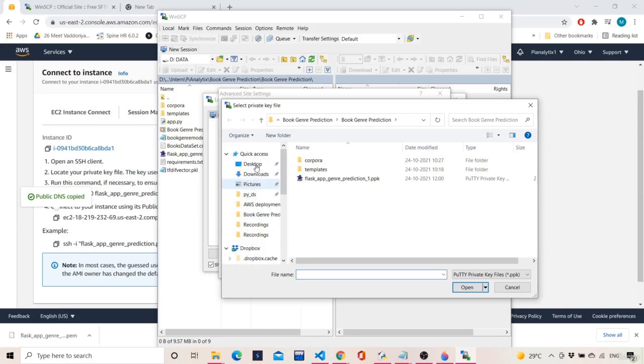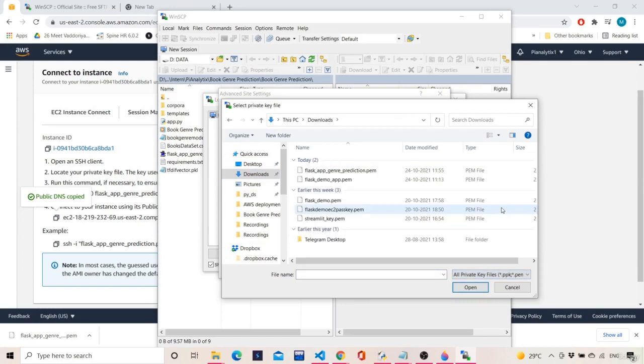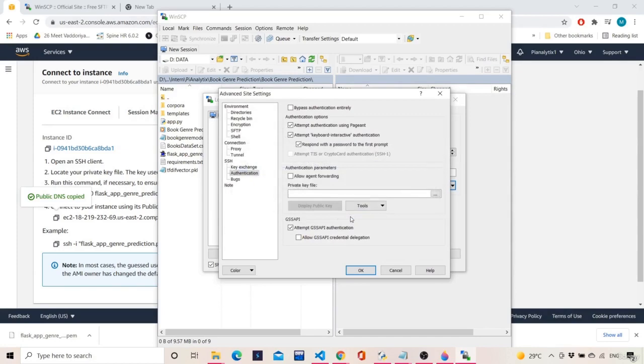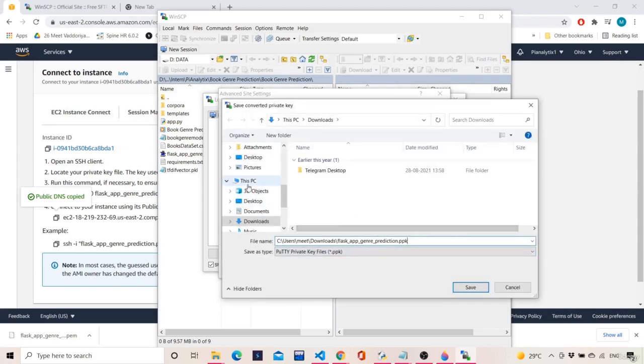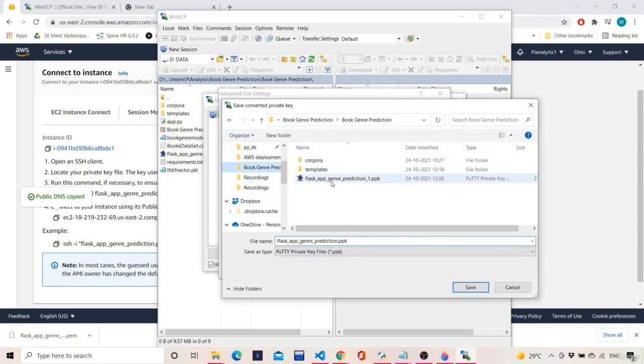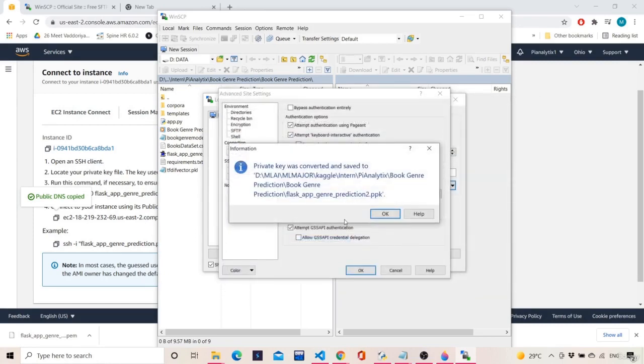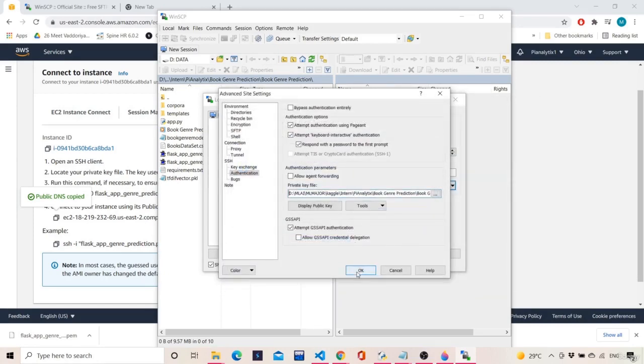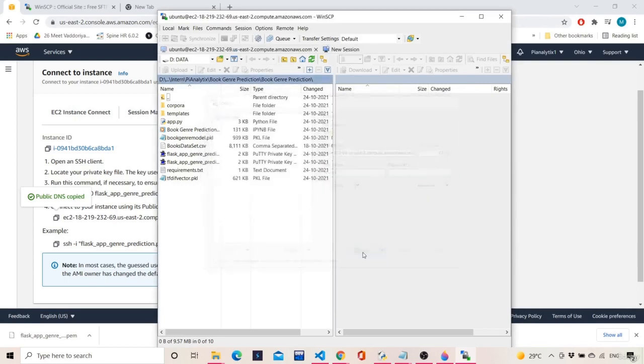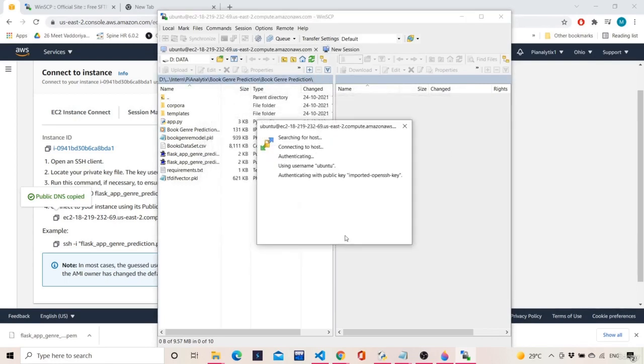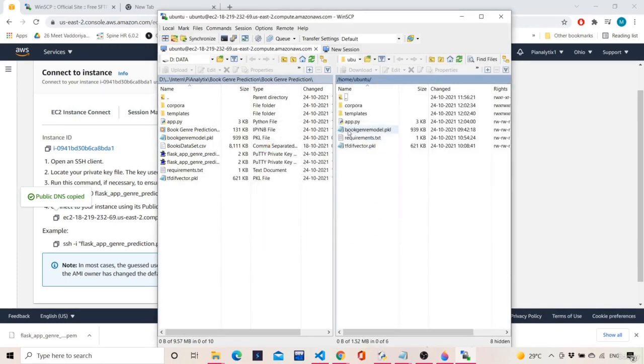We have the private key over here, the Flask app generate prediction .pem. Save, OK, and then OK, and then login. Yeah, so it logged in.